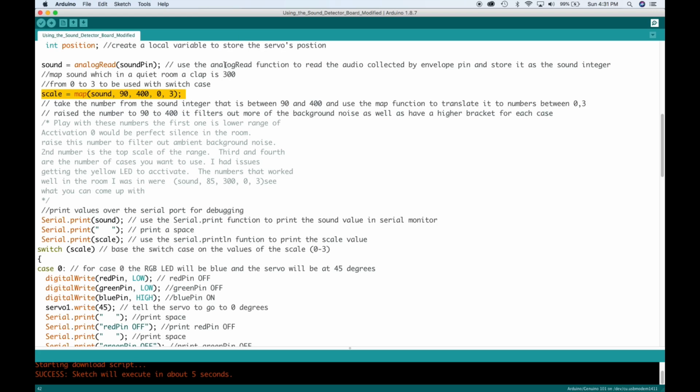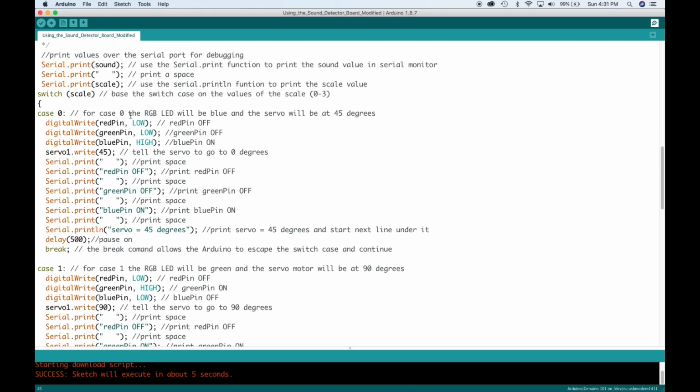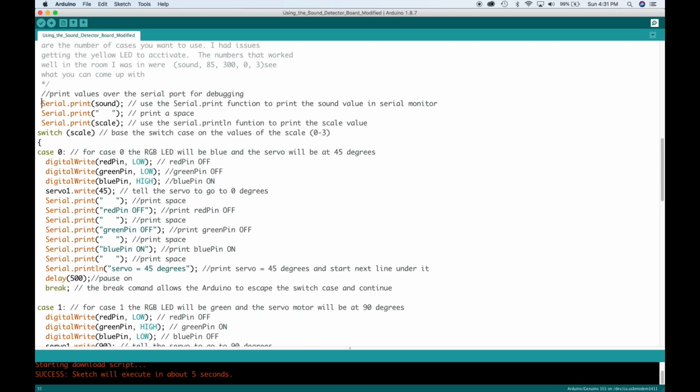So we're going to translate those numbers to 0 and 3, and I raised the number from 90 to 400 so it filters out more of the background noise as well as having a higher bracket for each of the cases. We're going to print values over here, so we're going to use serial print dot print here. So we're going to serial print the sound, the raw sound collected from the board, and then we're going to print a space, and then we're going to use serial print again to print the scale of the